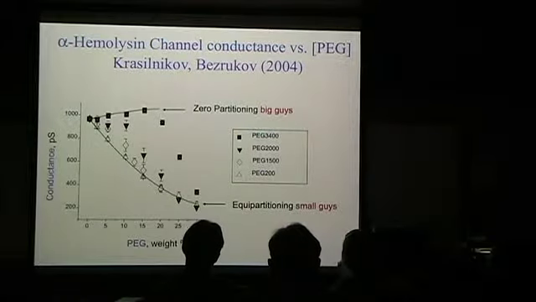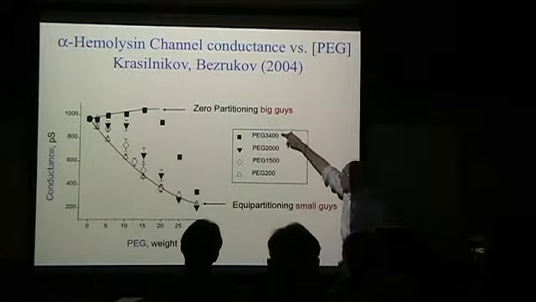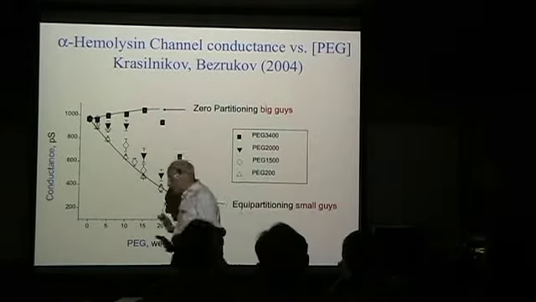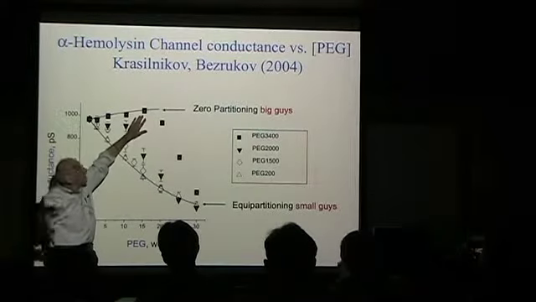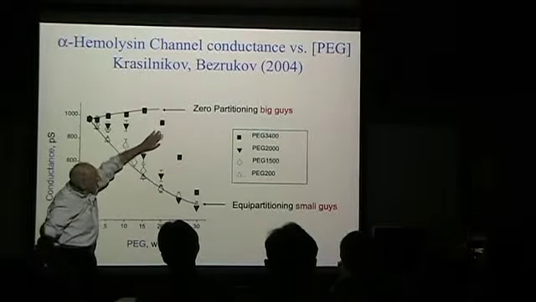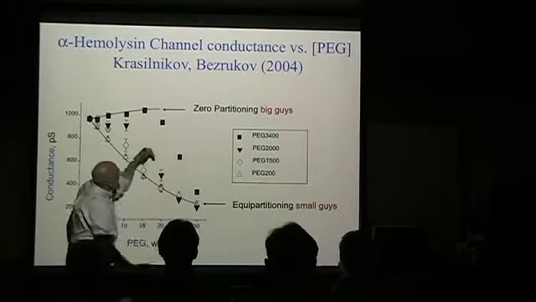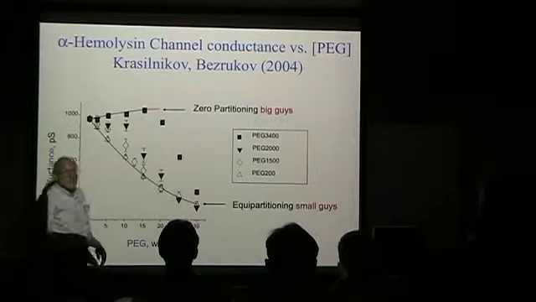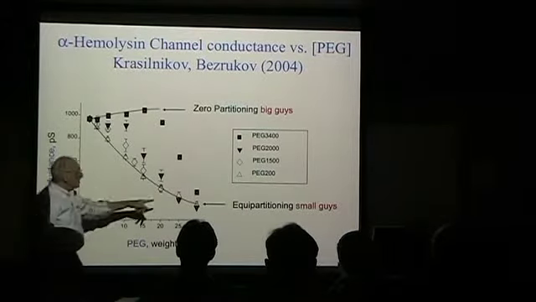But now what's happening, if you go to a bigger and yet bigger polymer, I showed you the cartoon already, I showed you the data already. You see that the conductance of the channel has gone up. That was the thing I showed you. And then all of a sudden, it goes down very fast. Over this concentration range, you're pushing polymers into the channel. And you're seeing basically the occupancy of the channel